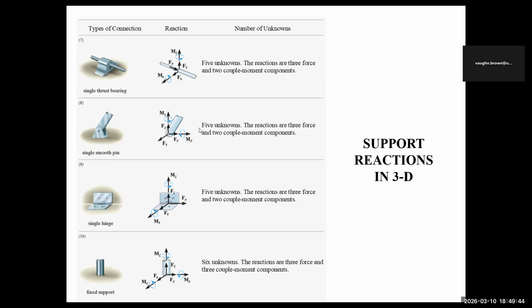So how many unknown forces do we have? Five still. Two moments and five forces in all directions for a 3D pin joint. What about a hinge now? A hinge will have all three, but in the direction that you can, where the hinge is going, it will have no moment, but you'll have a reaction. So it can spin